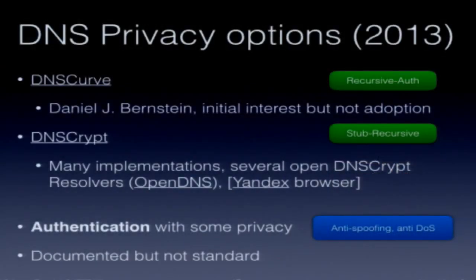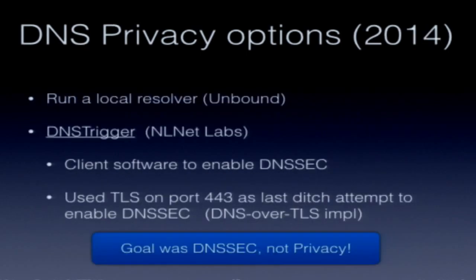What I do want to spell out, though, is that the real motivation behind these mechanisms was authentication of the information exchange between clients and servers. So it was about anti-spoofing and anti-DoSing. And the privacy benefits largely came as a side effect because crypto was used to achieve that. These weren't first and foremost privacy mechanisms to protect users. Also, although these were documented, neither actually made it through the standards process.